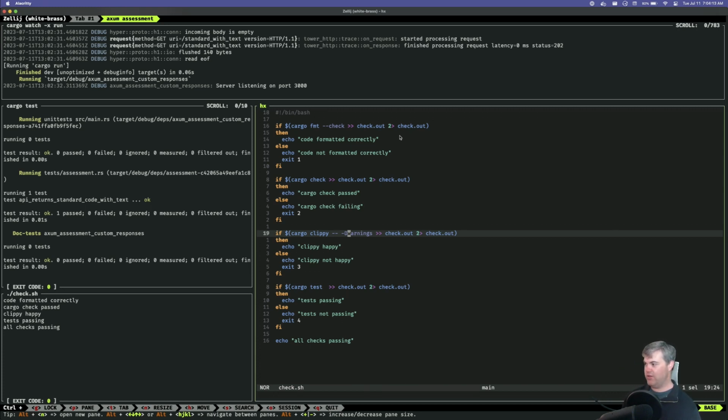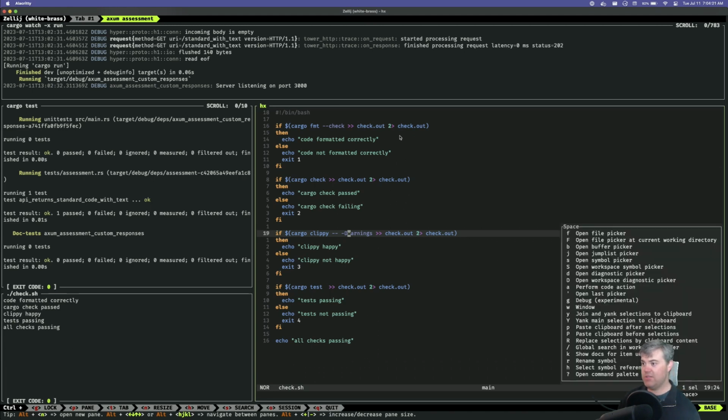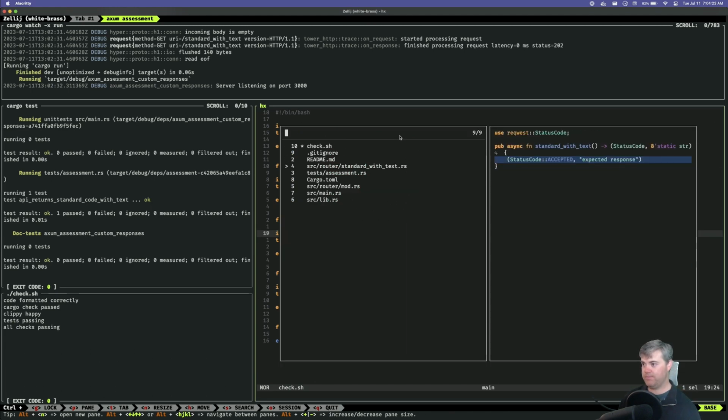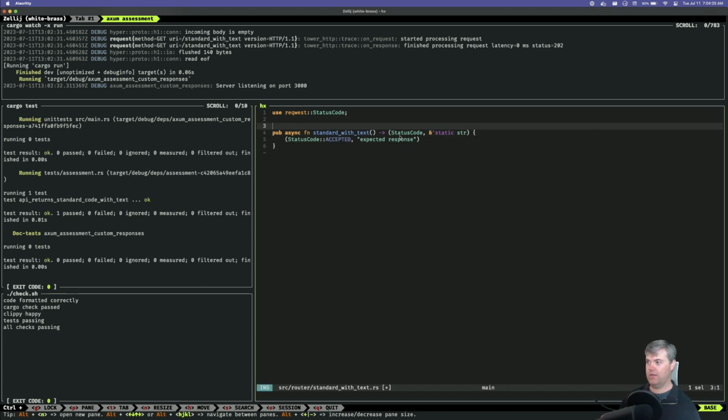Okay, so you're all happy. Nothing's changing. Okay, so let's write some documentation for that. Okay, so standard with text. Update this route handler.